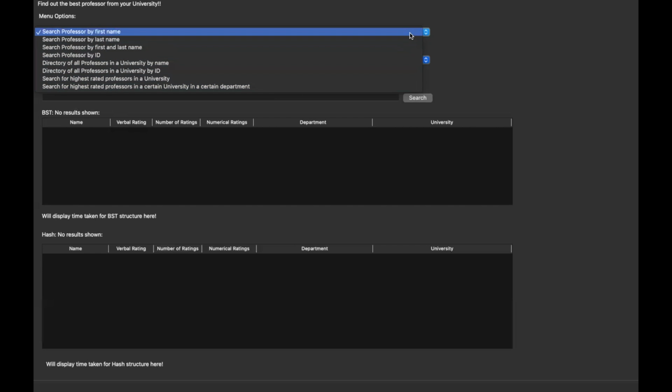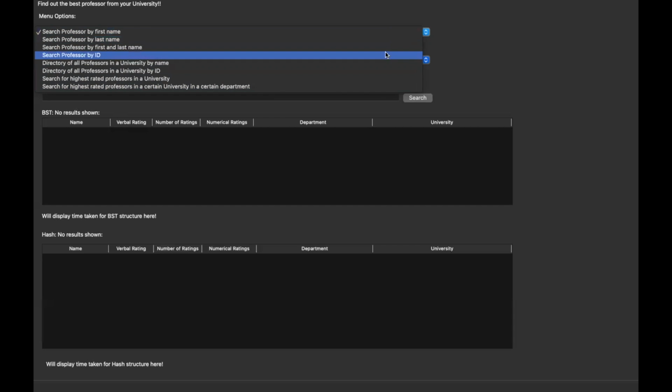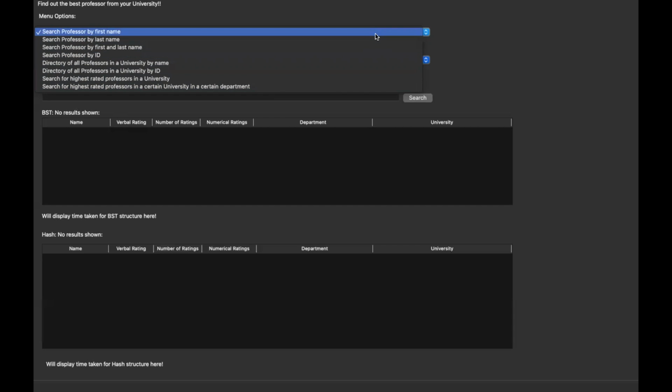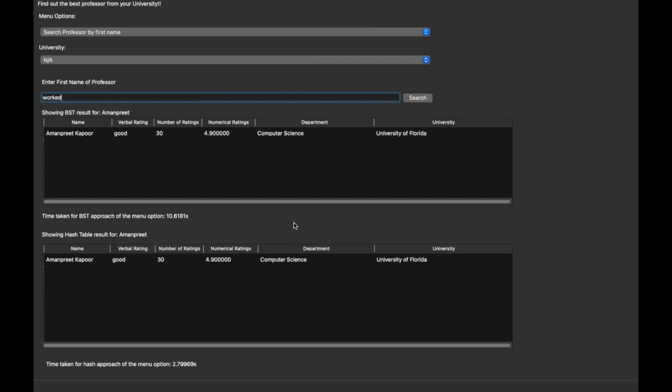The first 4 options utilize unique identifiers to find specific professors. Note that the time taken for hash tables is generally shorter than that of a BST. Menu option 1 searches for a professor in all universities by their first name. For example, if we type in Amanpreet, we get the information of every professor with this first name and return